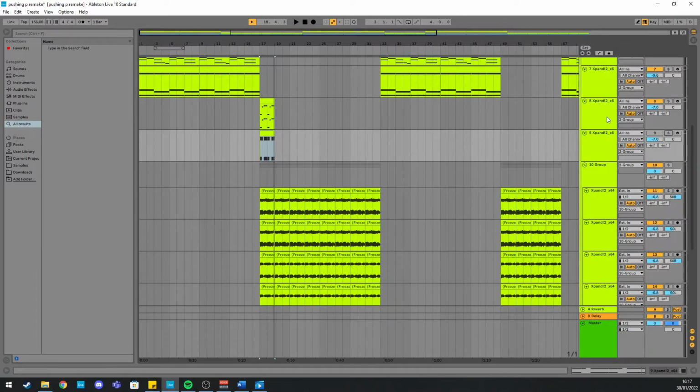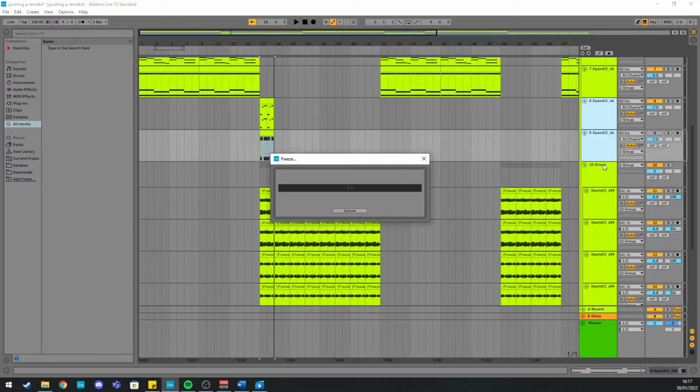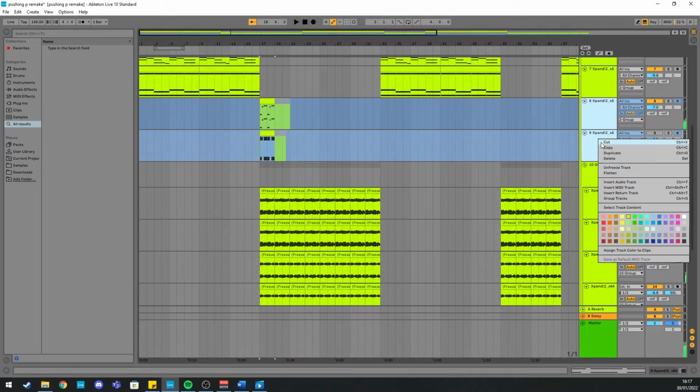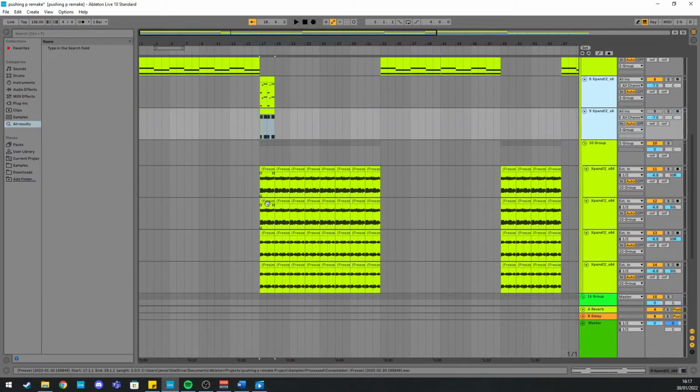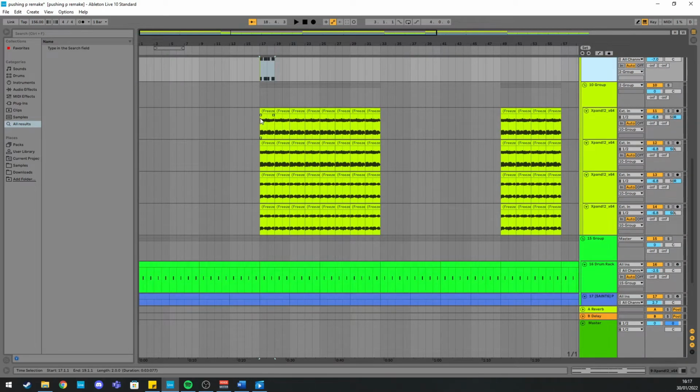So the way you can do this in Ableton is highlight both of your strings, right click, click freeze track, and once it's processed that, you can click flatten, and this will turn them into an audio clip. I'm not going to do that because I've already got them down here. So what I've done is I've got one of the string layers and one of the other string layers, and I've doubled them up just to give them a bit more depth in the mix, and I've panned them to the left and right just so everything sounds bigger. Once I've done that, I've selected each part and clicked reverse, and once you've done all that, it should sound something like this.